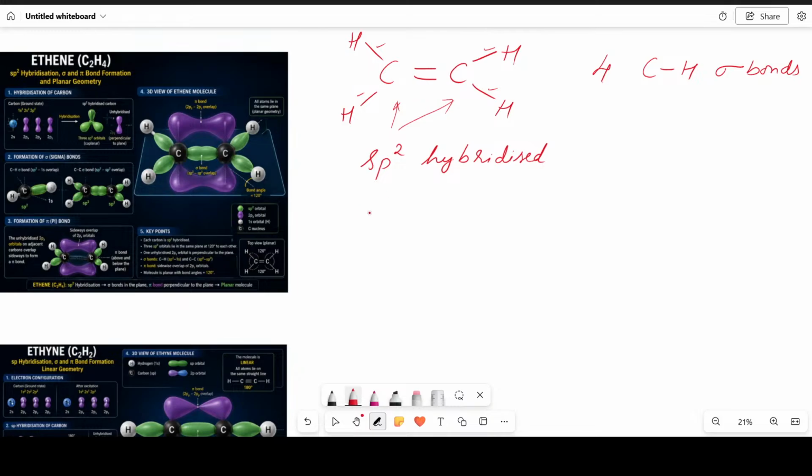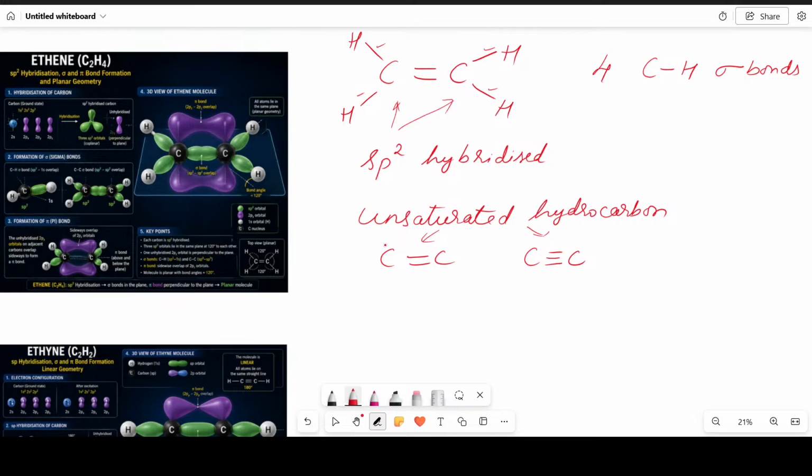This is an unsaturated hydrocarbon with carbon-carbon double bond. And if you consider the alkyne, it has got carbon-carbon triple bond. So both of them come under the category of